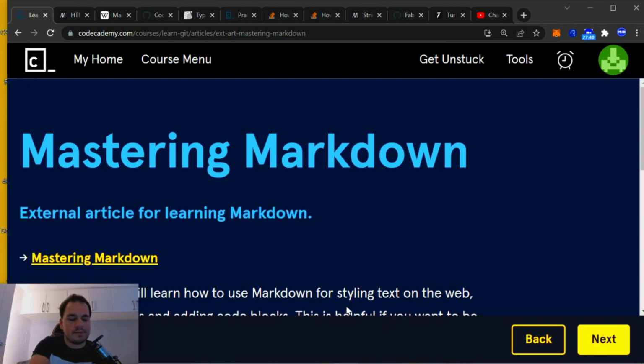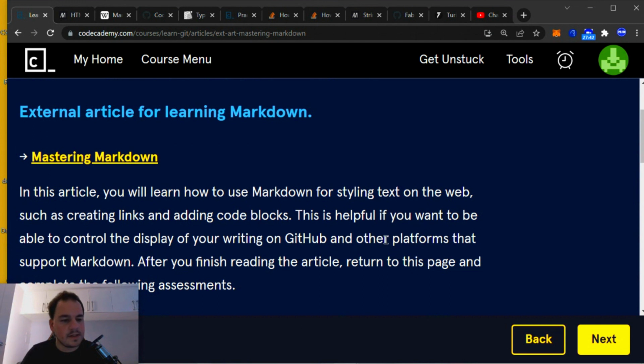Mastering Markdown. In this article, you will learn how to